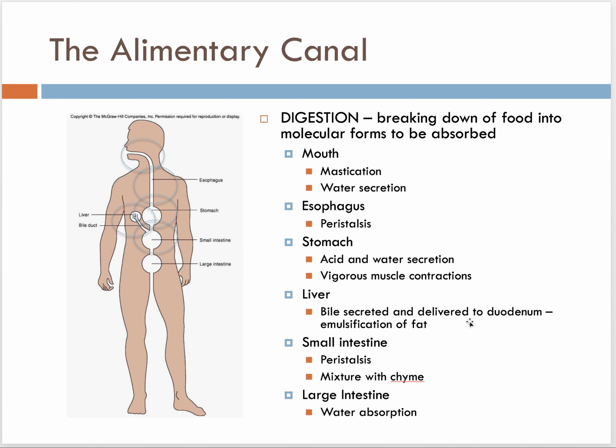So how we define digestion is breaking down food into the molecular components for absorption. All of the food that we take in is in the form of macromolecules, and those macromolecules have to be broken down into more molecular substances that are water soluble so that they can be absorbed and utilized. So we'll go through the different areas, and I want you to know already that there are 2 different types